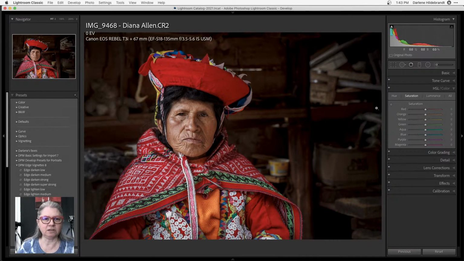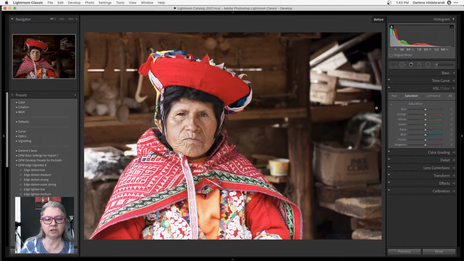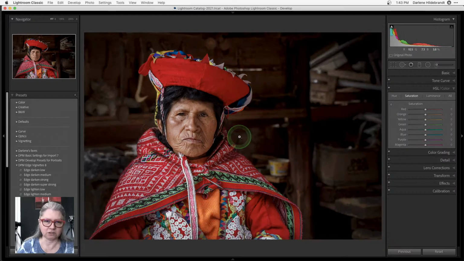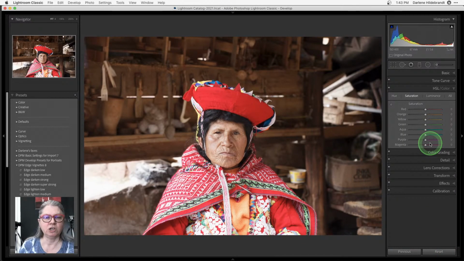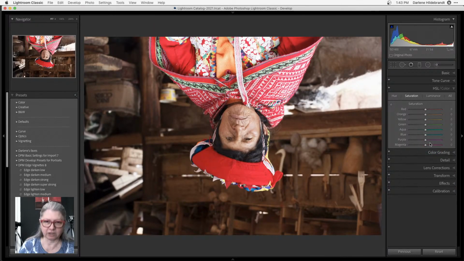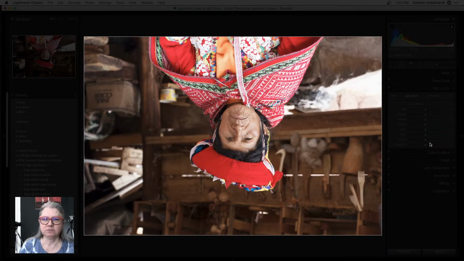So let's take a look at the original image, because the original image was quite light, so it was a little bit overexposed, and there were lots of bright areas. Okay, so remember when I talked about, let me just go here and undo. So I'm just going to do a reset. Okay, so I cropped the image and I got rid of a lot of those bright areas to start. Because when we look at the image upside down again, okay, where does your eye go? If you want to tell me in the chat, where is your eye drawn in this image?